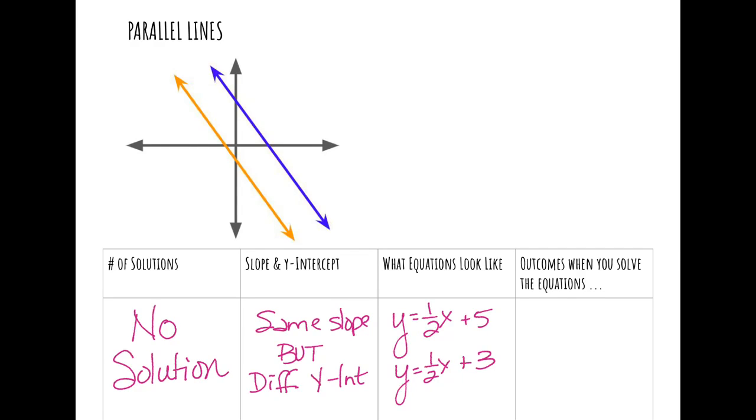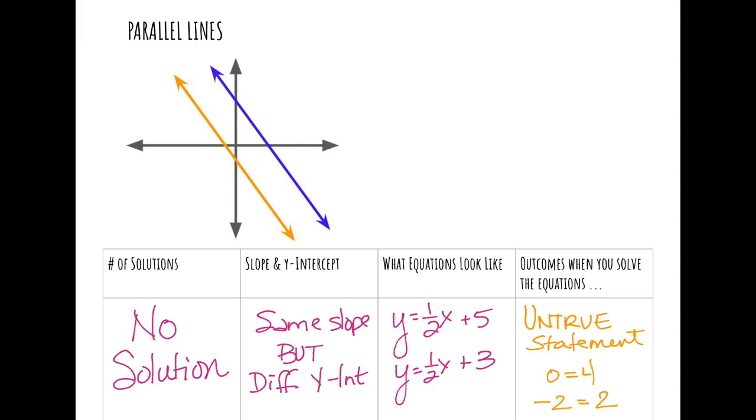And when we solve this system, we won't get an x equals a number and y equals a number like we did for the one solution systems, but we will get an untrue statement. So when we're solving, if we get something like 0 equals 4 or negative 2 equals positive 2, we know, or we have at least a good indication that we're looking at no solution,